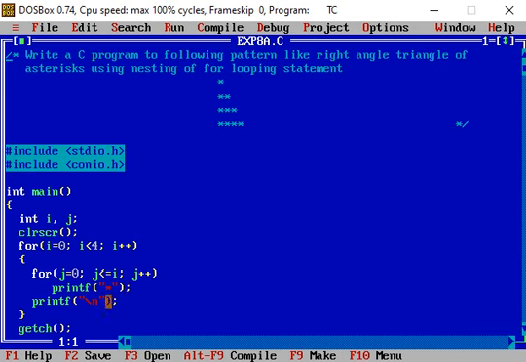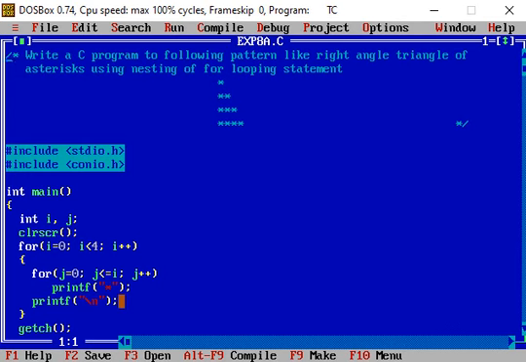Then, after the inner for loop, another statement in the body of the outer for loop is printf backslash n. So this print statement brings the cursor to the beginning of the next row, because 2 stars are to be printed starting from the beginning of the next row.